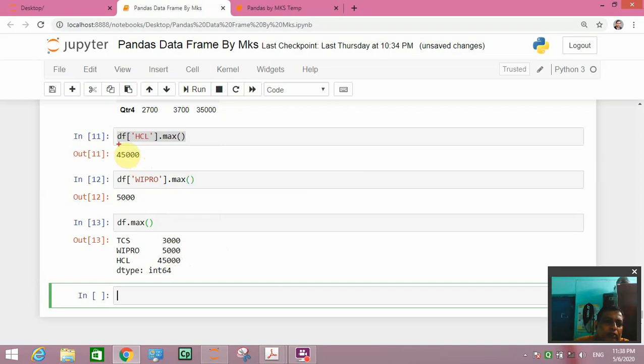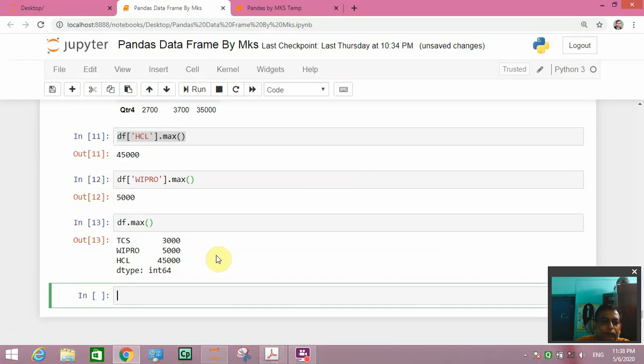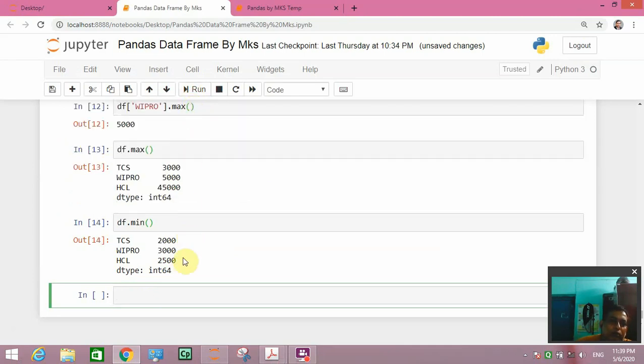For HCL it has come 45,000, here also HCL 45,000. For Wipro it has come 5,000, here also it is 5,000. For TCS it is 3,000. So this is max. Similarly you can write min, df dot min, it will show the minimum in all the columns. So this is minimum.